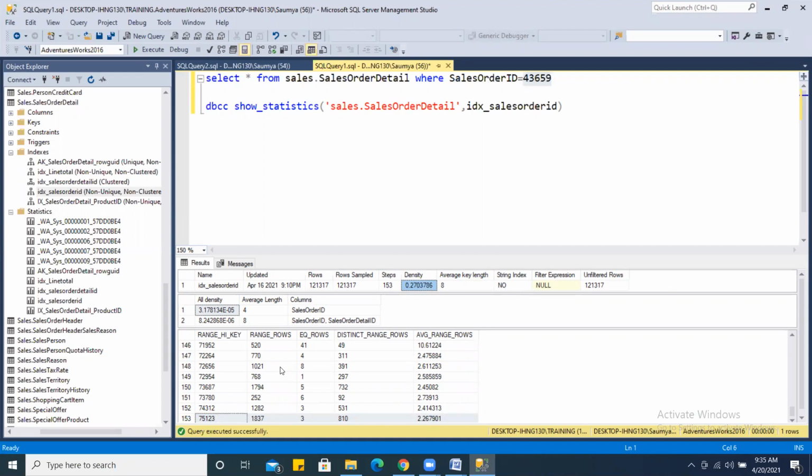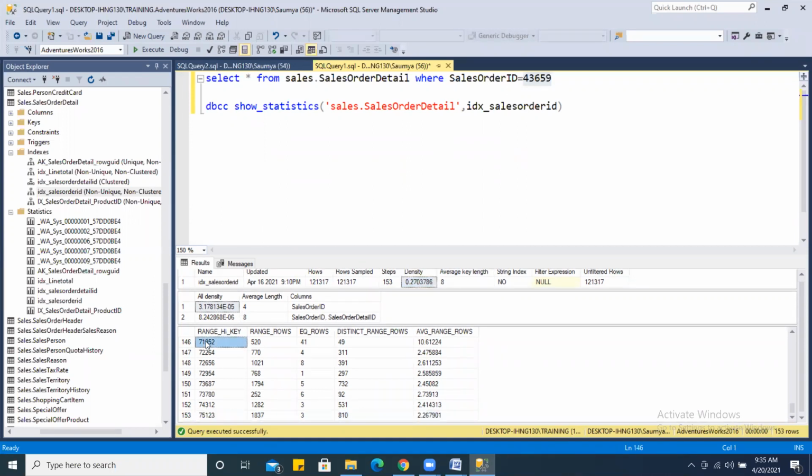Now directly come to this section here. In this section, you can see that my lowest value of sales order ID starts with 43659, and the highest value goes up to 75123. This is my highest value, 75123, and this is my lowest value, 43659.